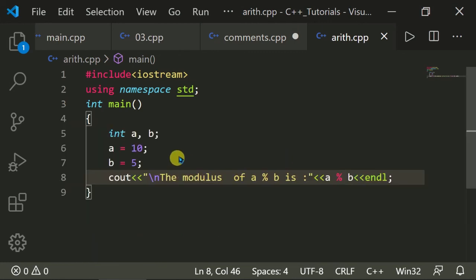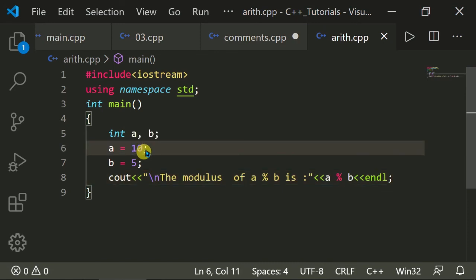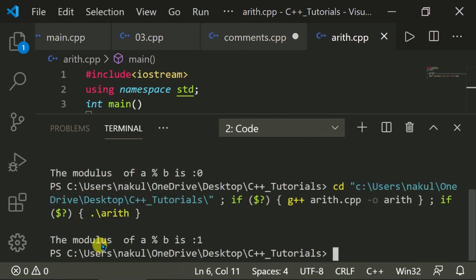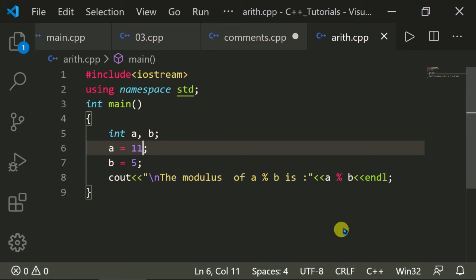If I change a's value to 11, now we will get the modulus 1, because we will get remainder 1. So the modulus of a modulus b is 1. It means it prints out the remainder of our division.